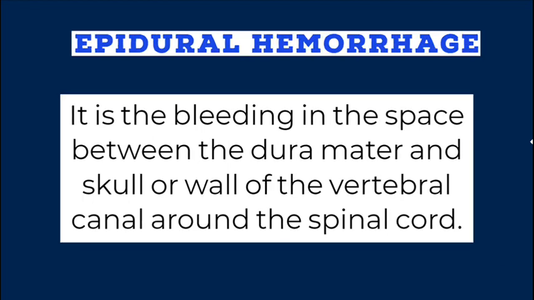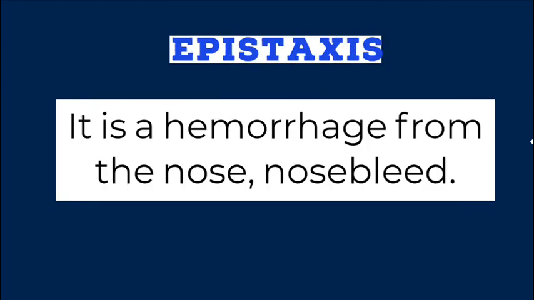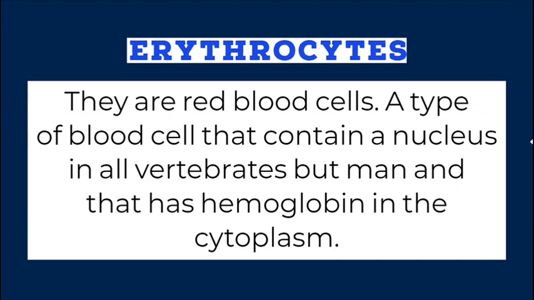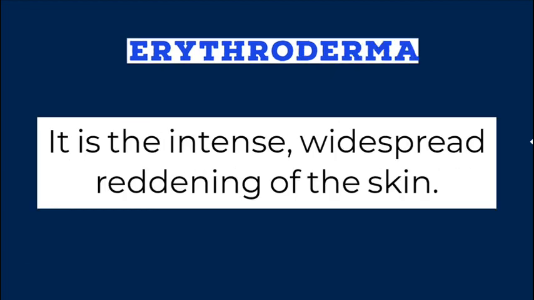Epidural hemorrhage. It is the bleeding in the space between the dura mater and skull or wall of the vertebral canal around the spinal cord. Epistaxis. It is a hemorrhage from the nose, nosebleed. Erythrocytes. They are red blood cells, a type of blood cell that contains a nucleus in all vertebrates but man and that has hemoglobin in the cytoplasm. Erythroderma. It is the intense, widespread reddening of the skin,